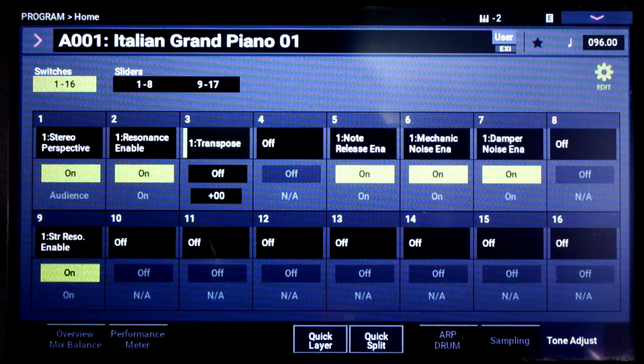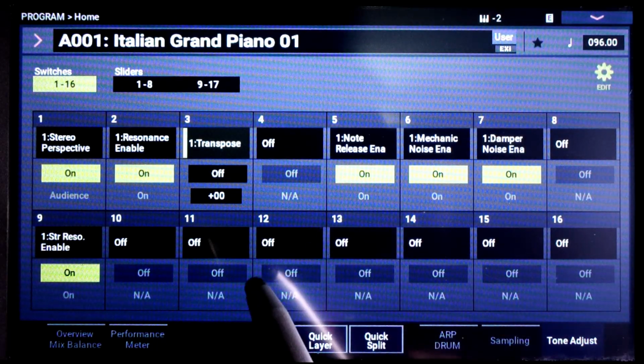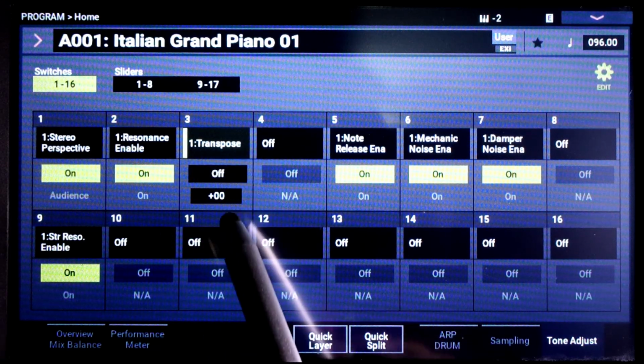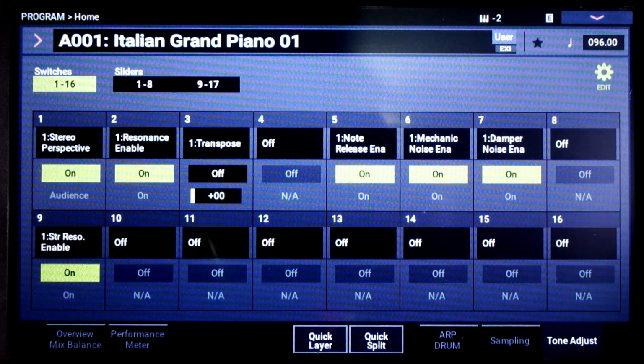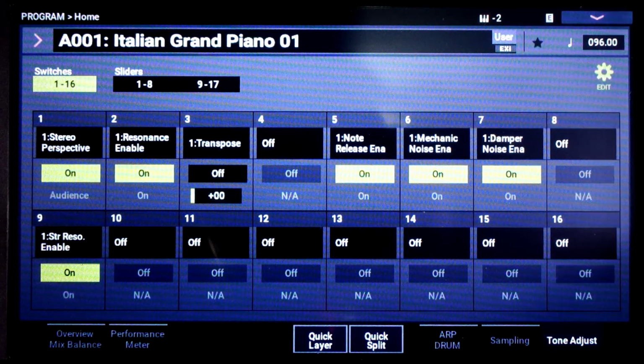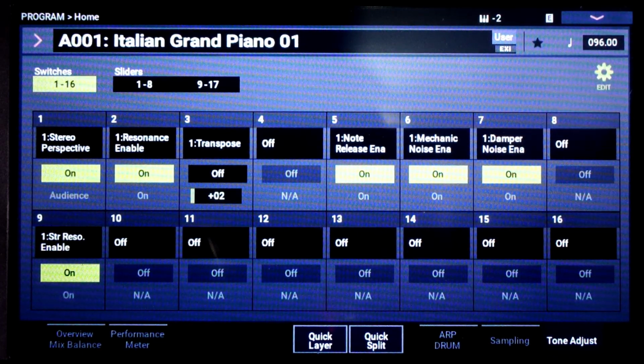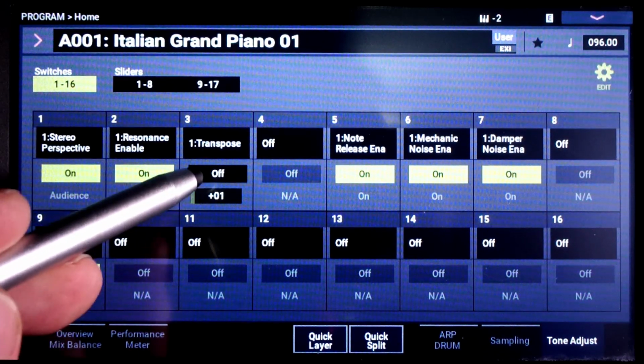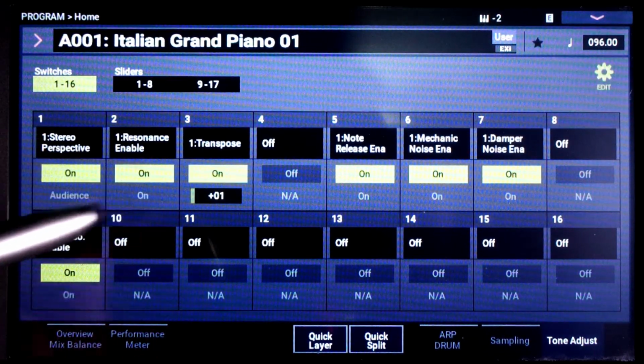Let's go to transpose. Okay, transpose. Wow. So now what we've done is we created transpose. We got it off. And let's make it so we can hear the difference. So right now it's off. But if I tap it,